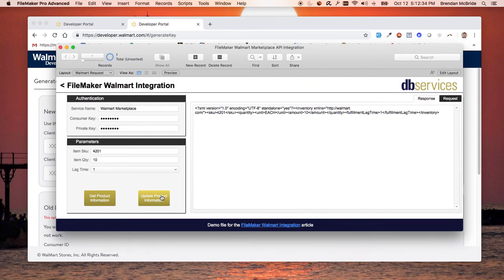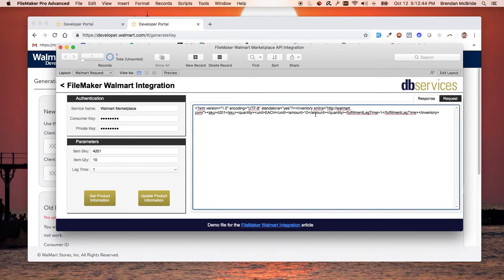Sometimes if you do get an error message, you'll want to make sure you check for that and essentially run the request again. And so here we're showing that there is now 10 in inventory. One thing to note here is, for whatever reason, and this is kind of new right now, so this might change in the future, but as of now,